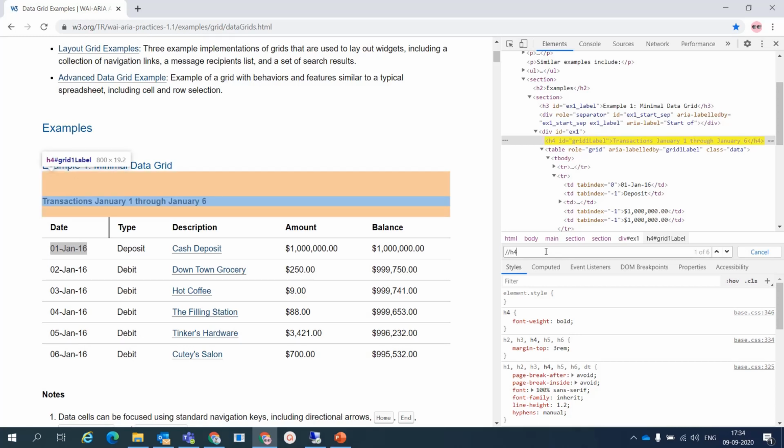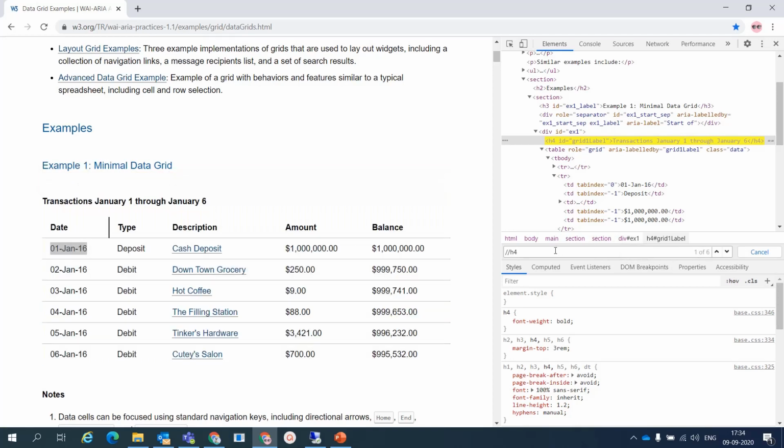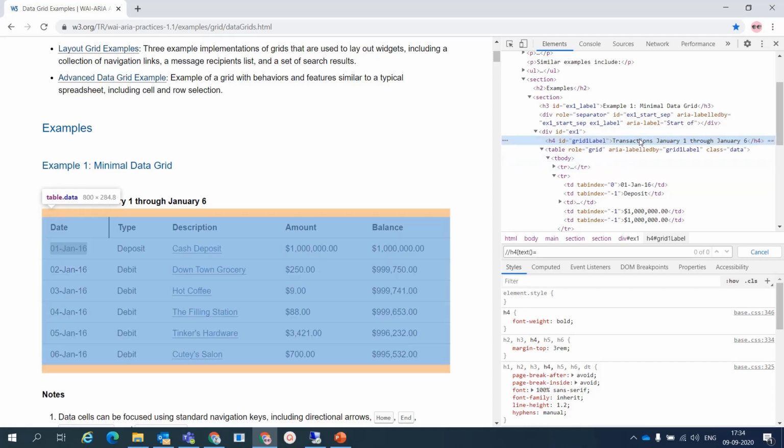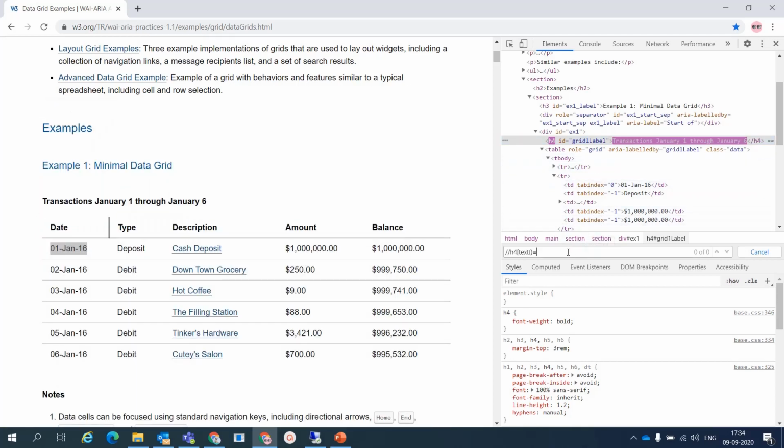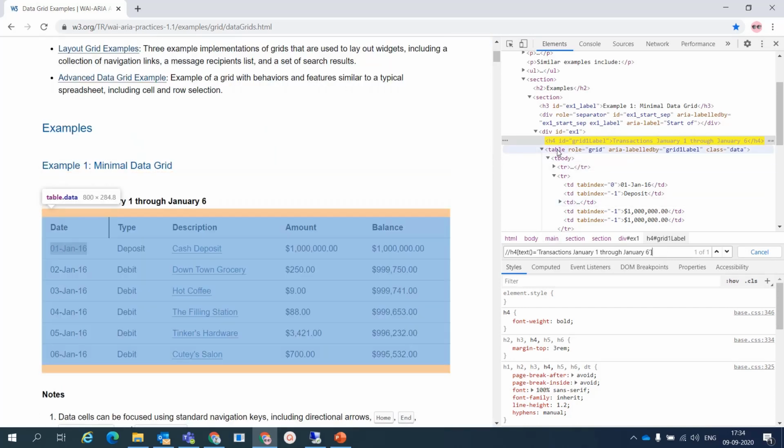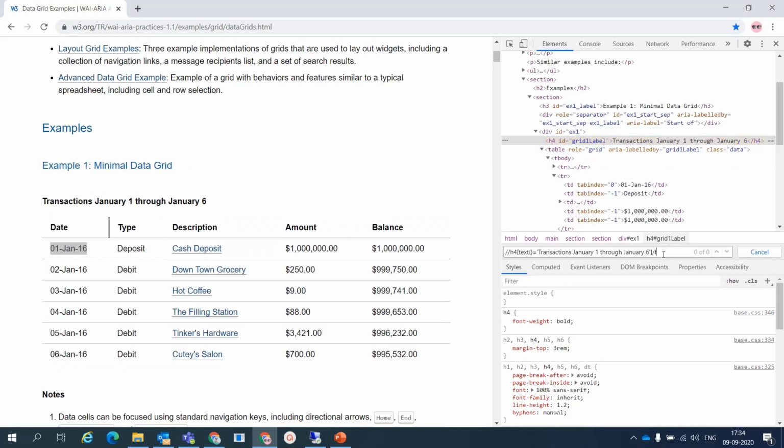See, when I'm typing H4 I'm getting 6, meaning this web page has 6 headings. I want a heading which has text equal to this text. See, now I am getting only one, but our target is to get this table. So here, who is the table? The table is a sibling of this H4. So I will say following